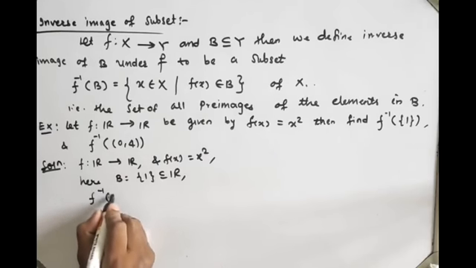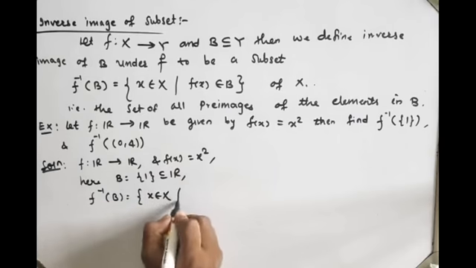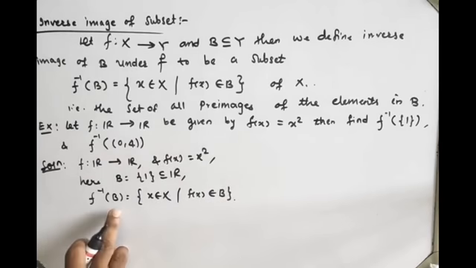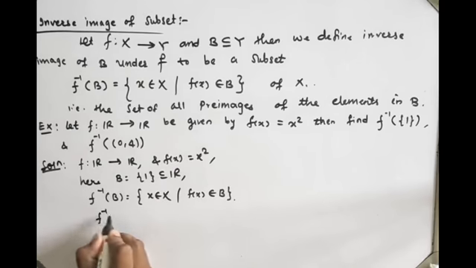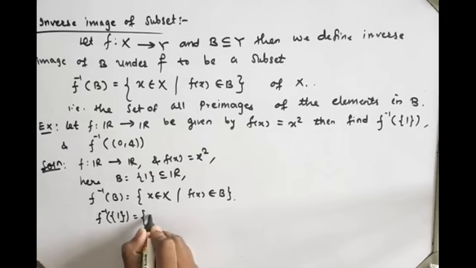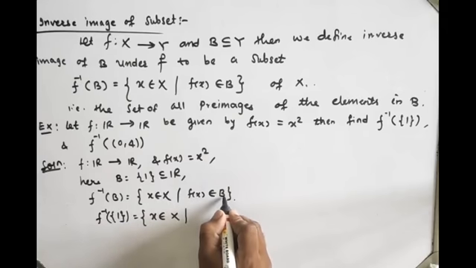F inverse of B is equal to x belongs to X such that f of x belongs to B. So I will write f inverse of singleton 1